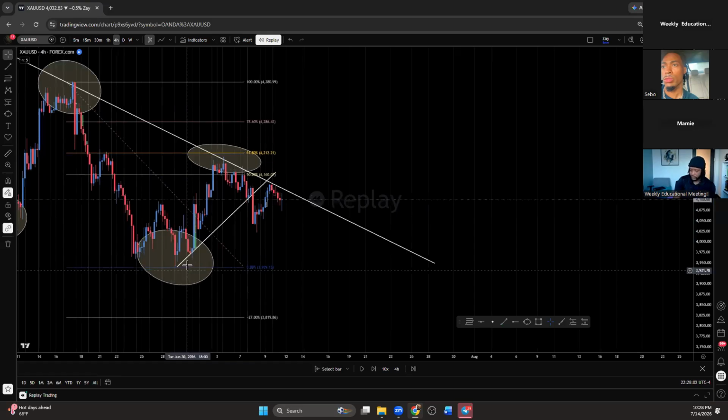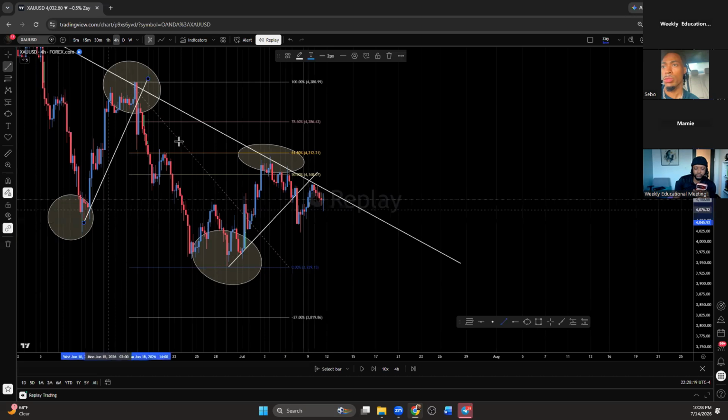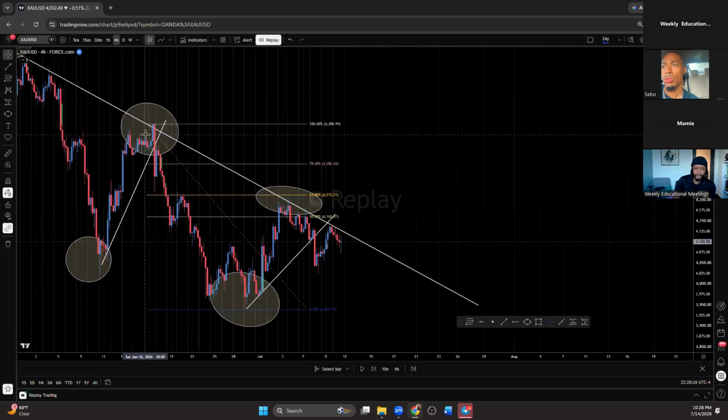So based off of this, y'all, once you see that the market has retraced back to our area of interest, the only thing you're waiting for now is the market to break this upward trend line or this upward retracement. The same thing with this, man. Once the market breaks this upward trend line or this nice little retracement, you need to be looking to take your sale, because this lets you know when it's ready. Like I said, we don't care about the retracement. You need to know that once the retracement is done and you get a nice little breakout from the trend line, it's time for you to take your sale.